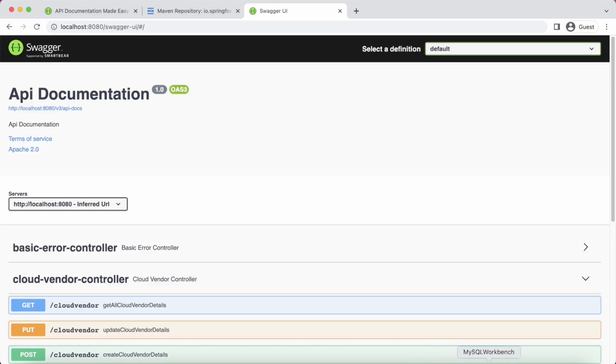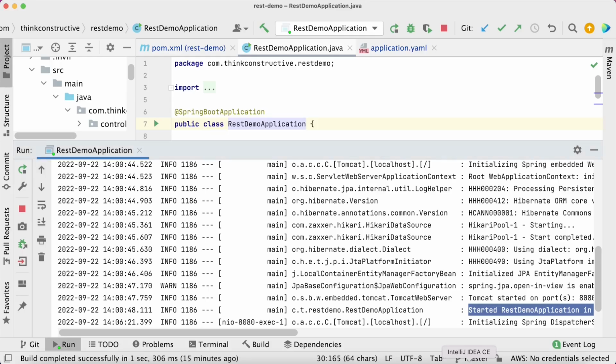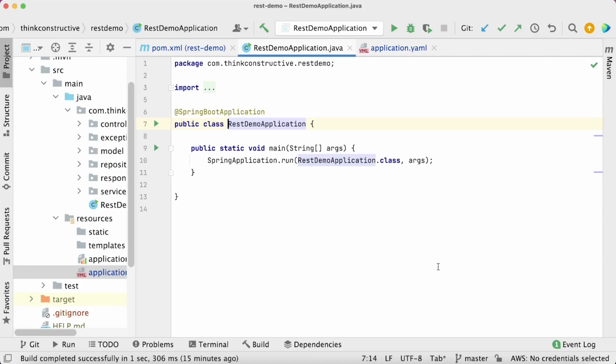All right. So let us go back to our IntelliJ. I will first terminate the application. So my application is terminated. Fine. Now in order to customize, I'll come back to the RESTdemo application.java file, wherein my Spring Boot application starting point is given. And inside this, I should be creating a docket bean. Okay. So the docket bean is responsible for defining that behavior. If we don't give it, it will take all the default stuff which we have just now seen. If I want to customize it, I should be overriding all those things here.